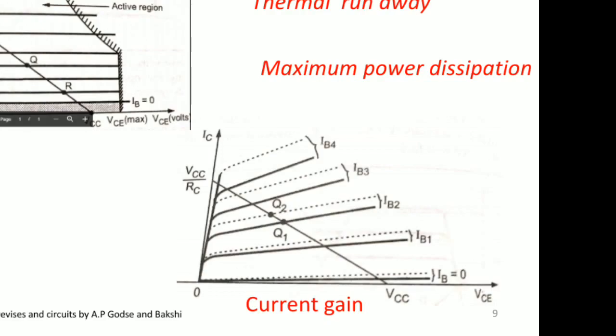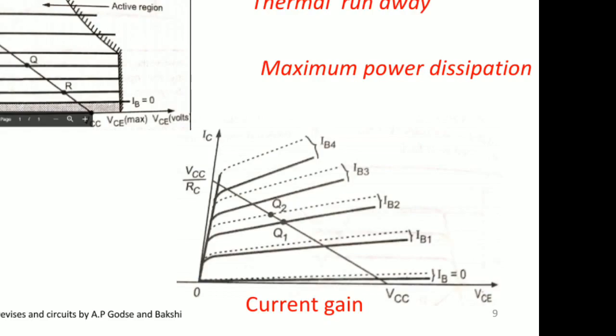So keep in mind the temperature and the gain value are very important for the operation of the transistor. The diagram shows 2 lines. One is a solid line, another one is a dashed line. The dashed line is for another transistor's beta DC value, and you can see Q1 and Q2. Q2 is for the dashed line and Q1 is the solid line operating point. So these 2 parameters are to be fixed here.